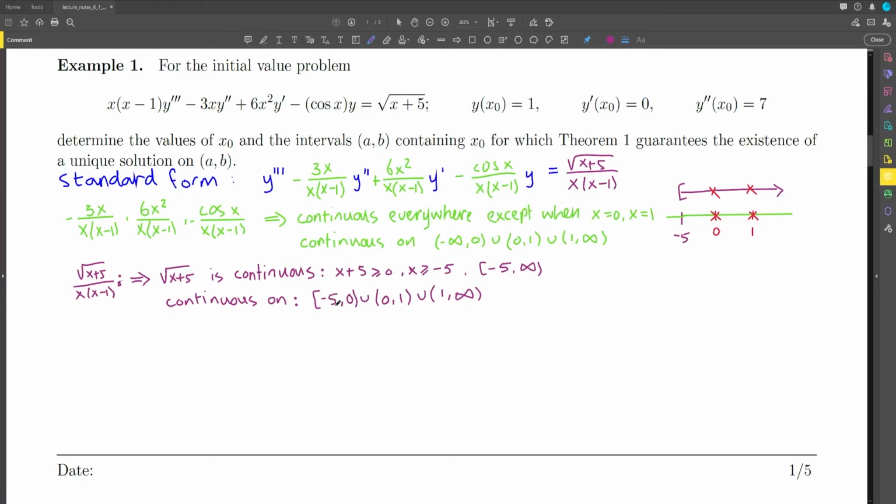So that is negative 5 to 0. So the entire differential equation in standard form, these four functions are continuous on